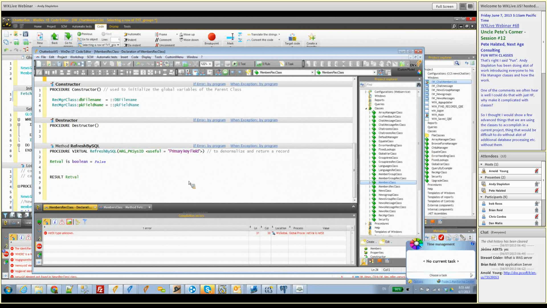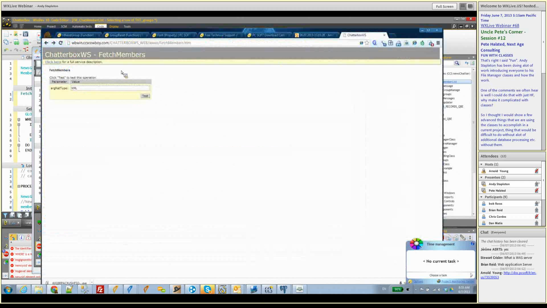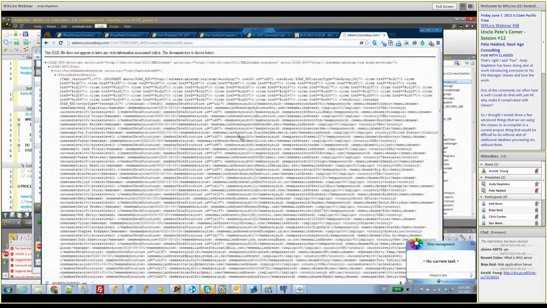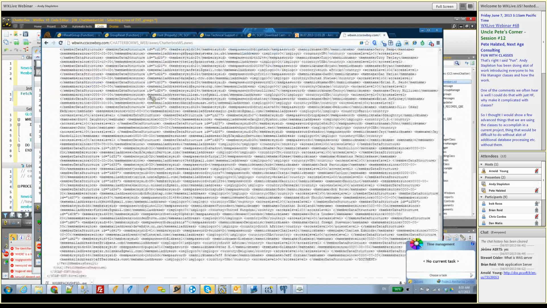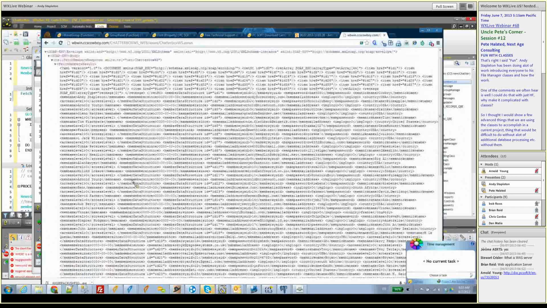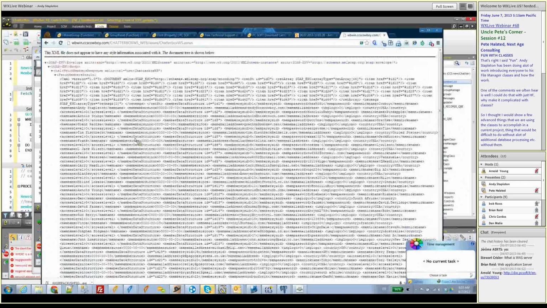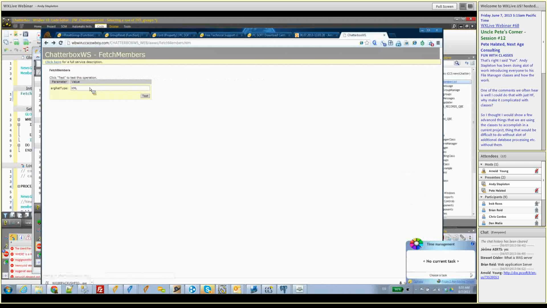Now what happens here, if I don't send a where clause, and I am running this, I believe I have that here. If I run this from the server, this is the fetch members method, and we're going to get into that in just a second, and I say send me back as XML. If I hit the test, then I get every bit of those class members and all of the data from there. Bam, I've got all of it in one shot. I can send it to somebody. What I usually do is send it as buffer, so it's much, much tighter, but